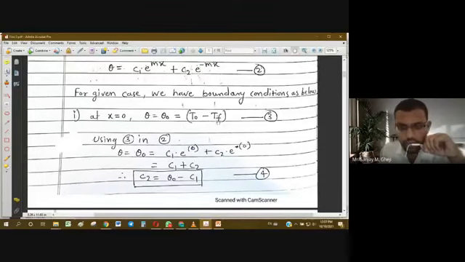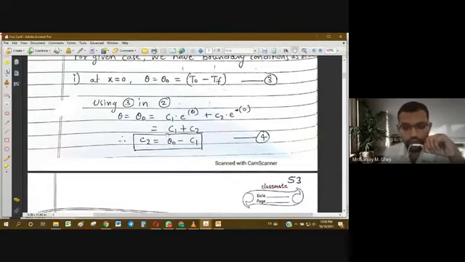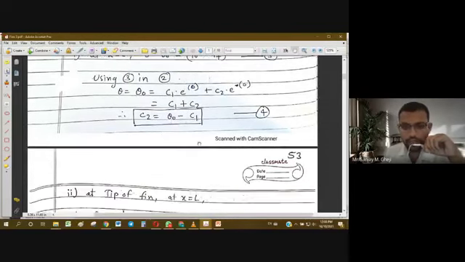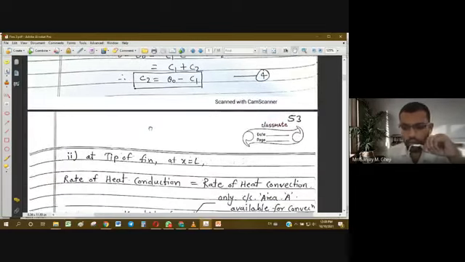So using the first boundary condition, we get theta equal to theta 0 at the base, equal to c1 e raised to mx, and we are putting x equal to 0, so anything raised to 0 is 1. Again, the same will happen here, e raised to minus mx, x equal to 0, that will also turn to 1. So we get theta 0 equal to c1 plus c2. Very simple relation, that is the sum of c1 and c2. So c2 equal to theta 0 minus c1. Okay, these arrangements we are doing only for simplicity and further analysis.